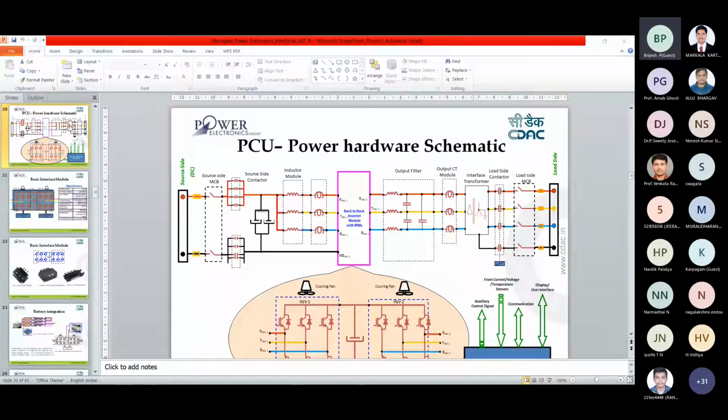On one end, when we are interfacing DC, it will act as an interleaved boost converter, and on the other side it connects to the grid, or you can work as a standalone inverter. And the isolation is on the AC side, where 50 hertz transformers are used for the isolation.